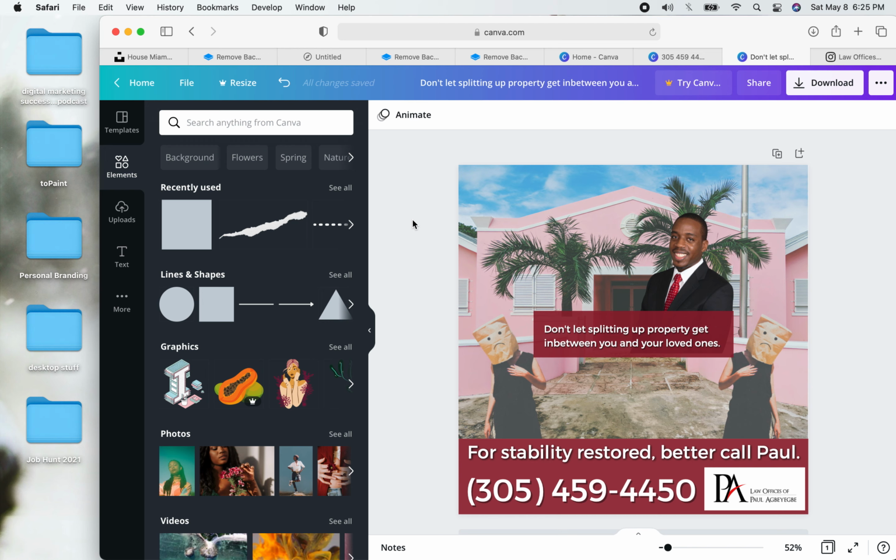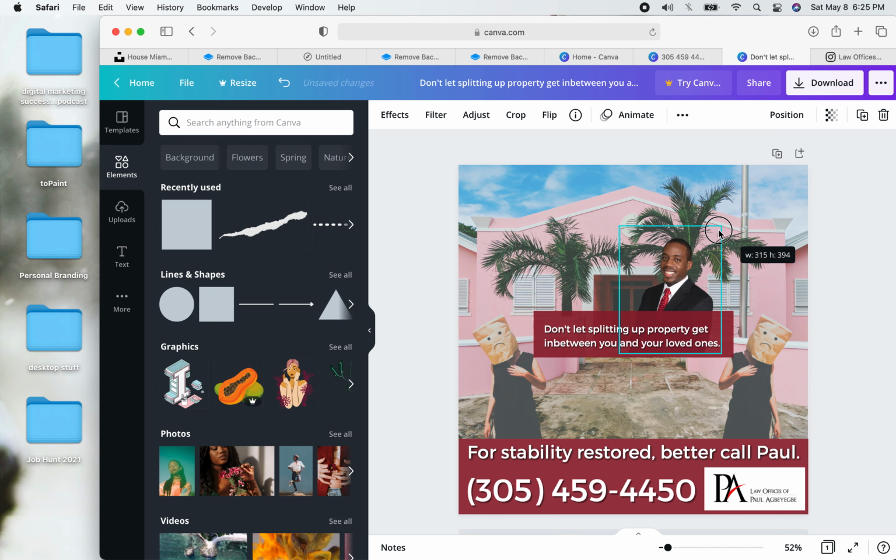Don't let splitting a property get in between you and your loved ones. Stability restored. Better call Paul. If we make him smaller, then this is okay. It's not as obtrusive. He's gonna hate this kind of thing because he is a really modest, soft-spoken person. But